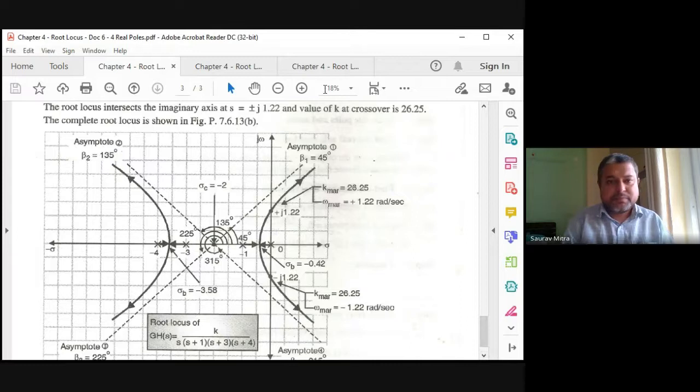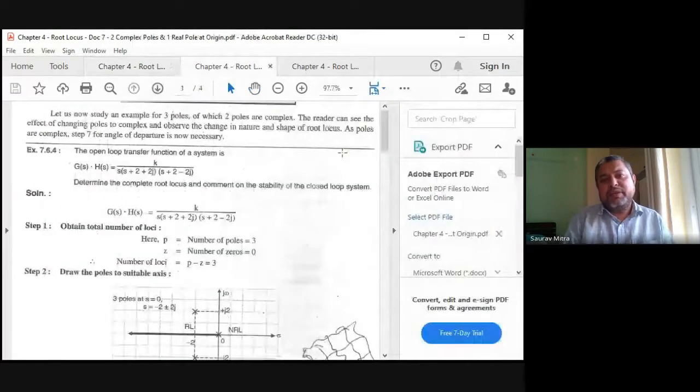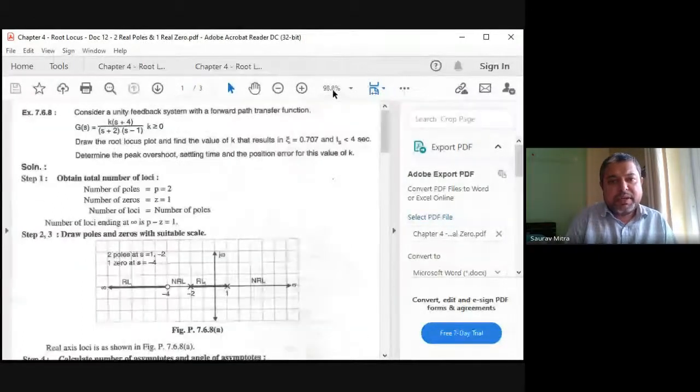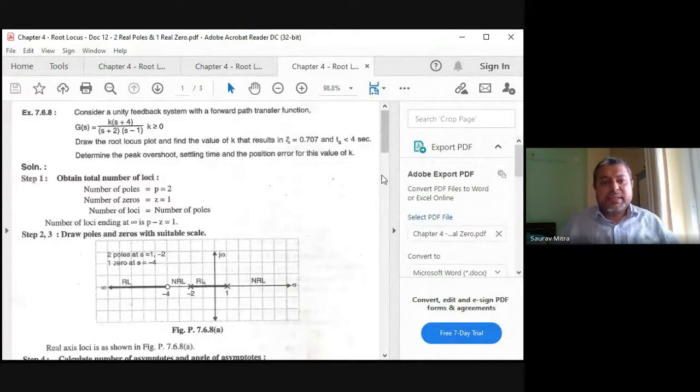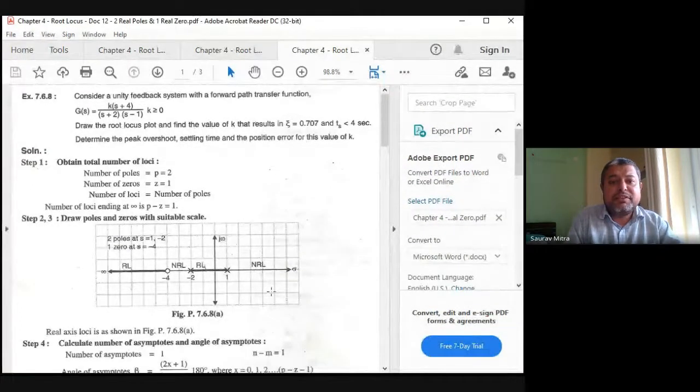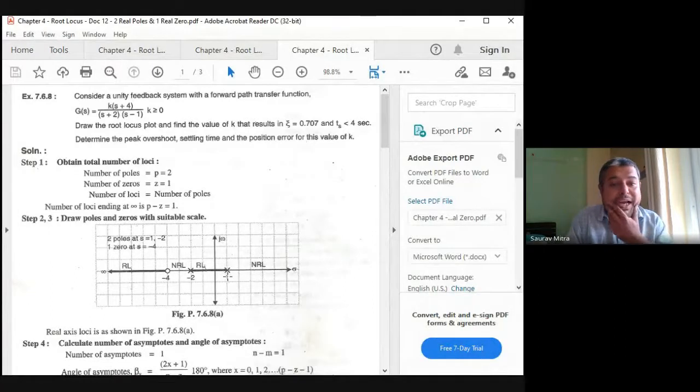I took 45 minutes to explain. Now I'll be going very fast. Here something new comes, so let us do this numerical first. Now let us see the different fun of root locus. In this case, all the poles are real and all the zeros are real, but one zero is kept at minus 4. So the complication starts now. Another thing I have given is one pole on the right side. GS is this, and GSHS is the same because HS is equal to 1.